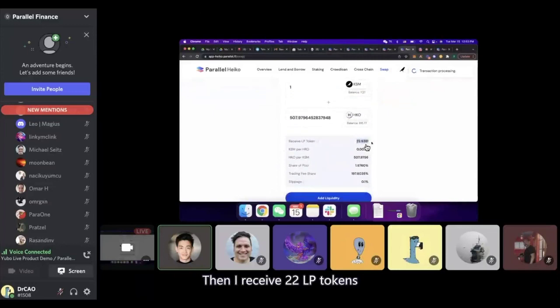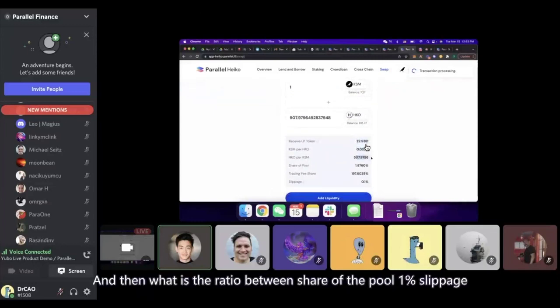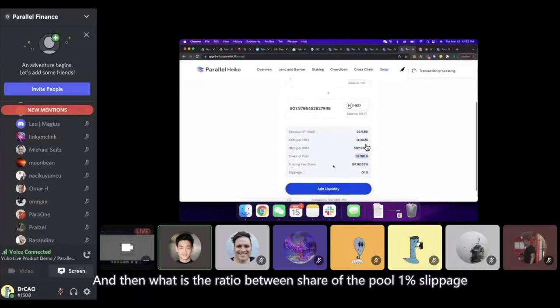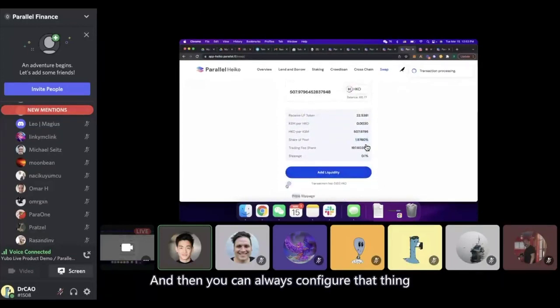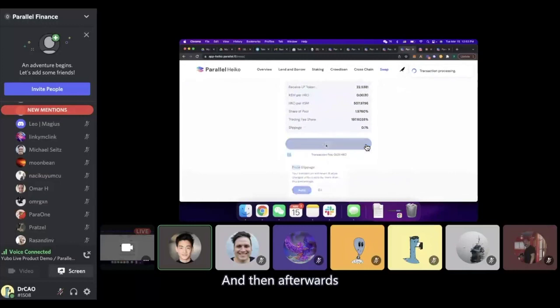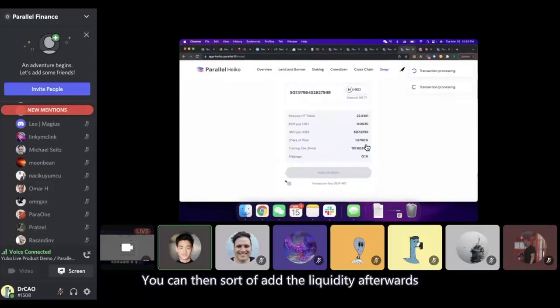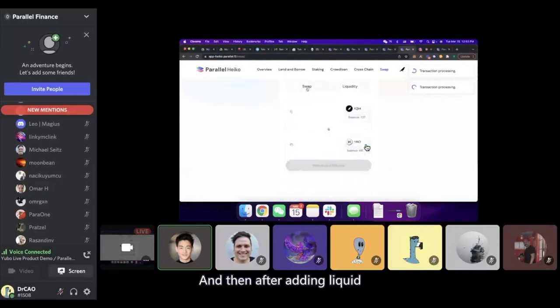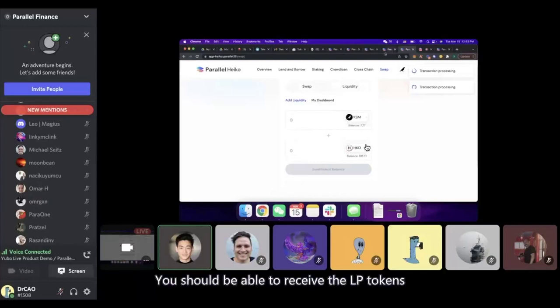Then I receive 22 LP tokens. And then what is the ratio that I'm doing? Share of the pool, 1%, slippage, and things like that. And then you can obviously configure that. And then afterwards, you can add the liquidity. And then after adding the liquidity, you should be able to receive the